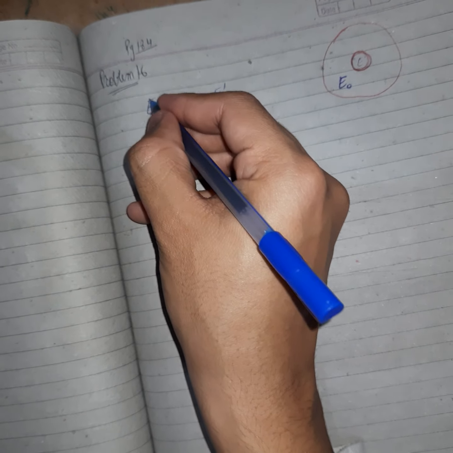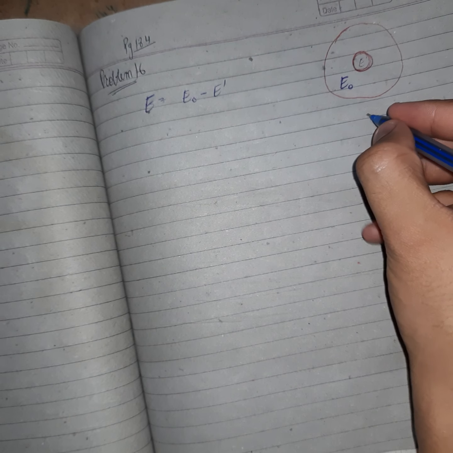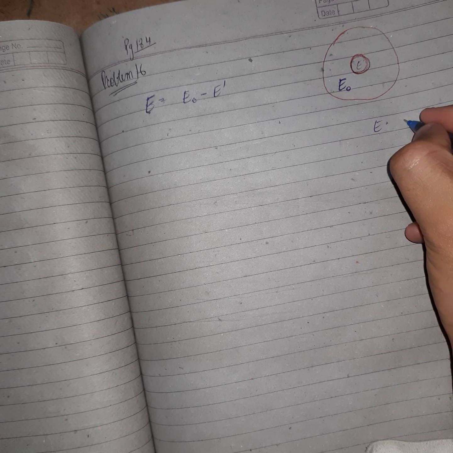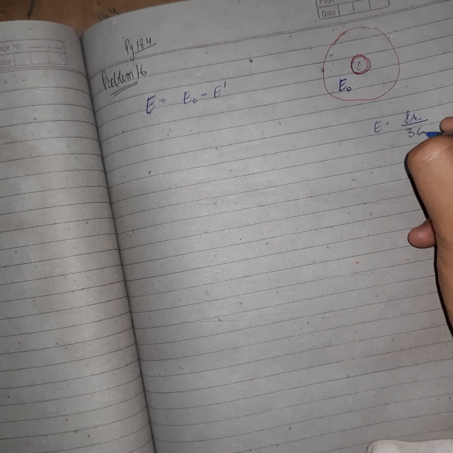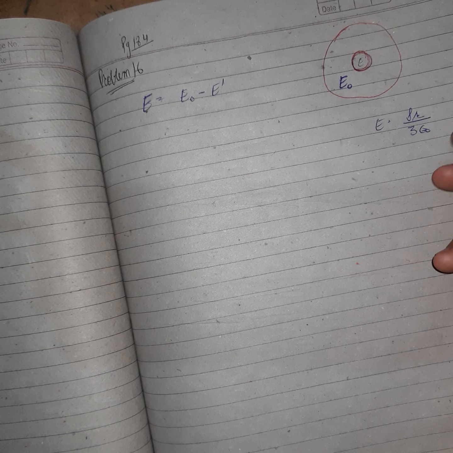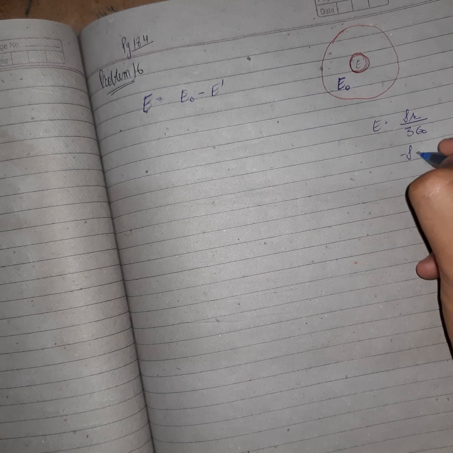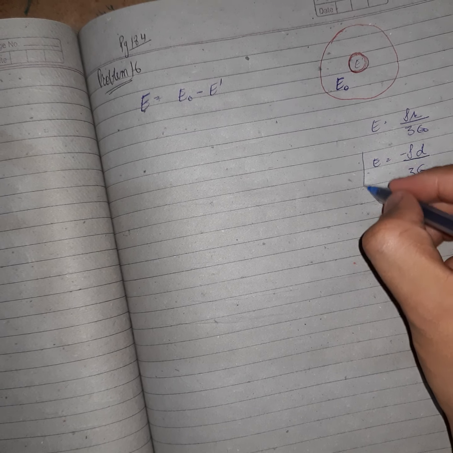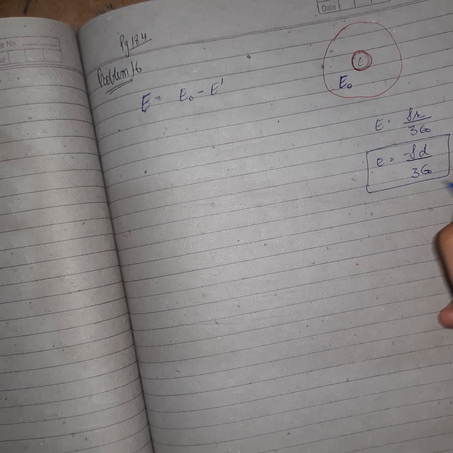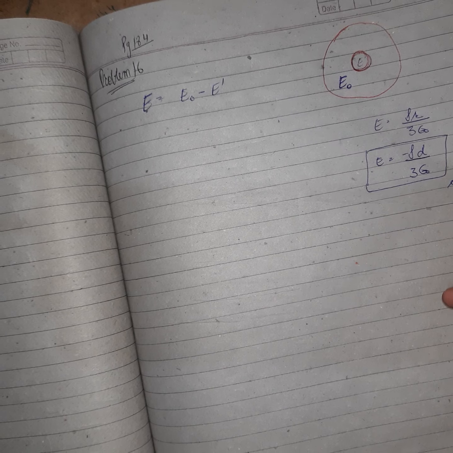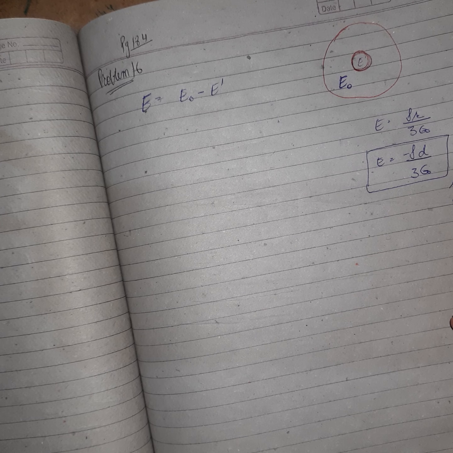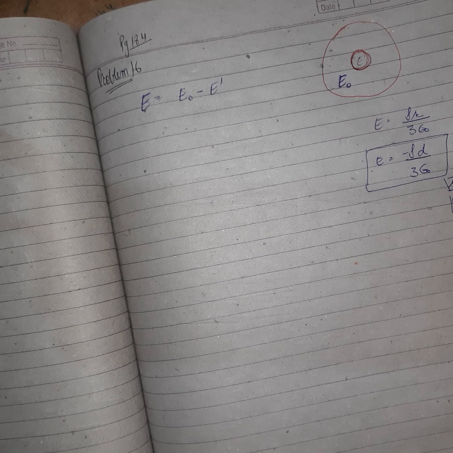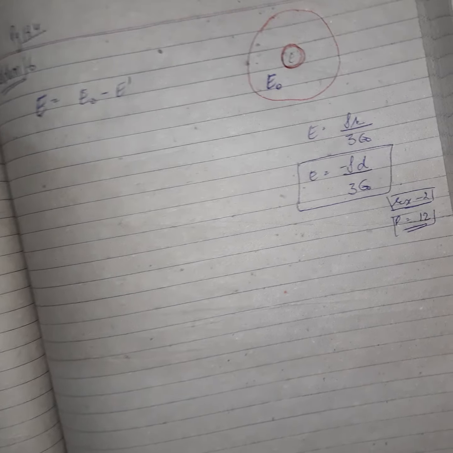All right, and we very well know that the electric field in a spherical shell or spherical cavity or solid sphere is rho r by 3 epsilon naught, and if we are talking about the cavity, then we write it as minus rho d by 3 epsilon naught. We write it like this. We have also discussed this in example number 2 and problem number, I guess, 12. We discussed them in those problems. Potential and electric field both are given there, you can see it.